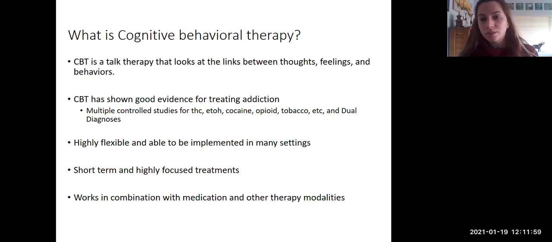So the things that they say to themselves, the emotions that are evoked by the things that they say to themselves, and then the behaviors that they engage in as a result of those emotions. Helping people understand those links and actually begin to intervene on them is really the crux of any CBT work. It has tremendously good evidence for treating addiction. Other theoretical models have been shown to be helpful, but the nice thing about CBT is you can apply it to a fairly large audience,